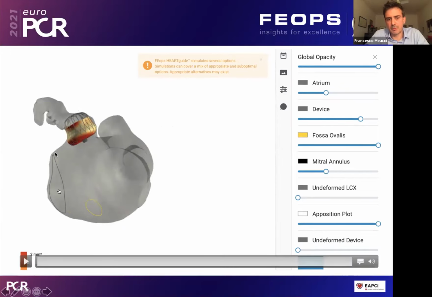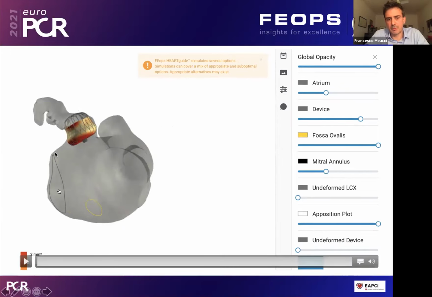And then you can play again with the device. The color code you see is the apposition color code, and as you can read here, 0 millimeter is yellow, means that you are touching the left atrial wall, and 2 millimeter is red, you are 2 millimeter far from the atrial wall. So playing and rotating, as you have seen all around the device, you can clearly have an idea if the device is touching all the landing zone